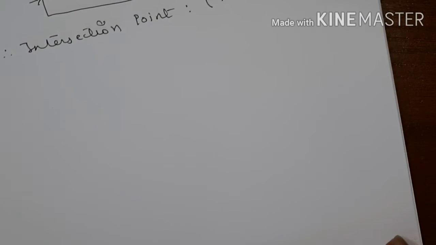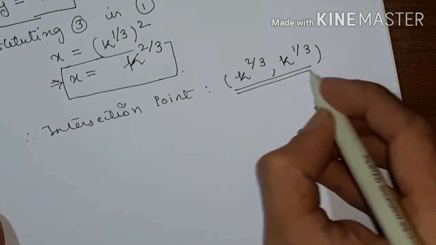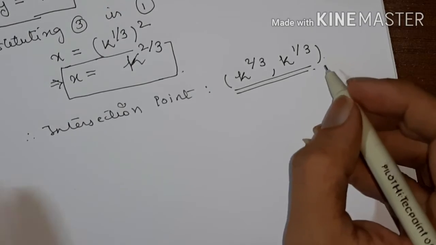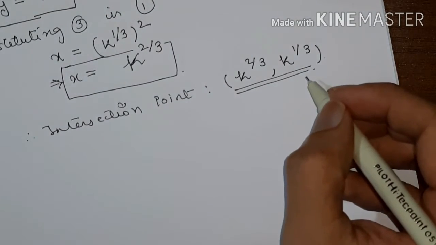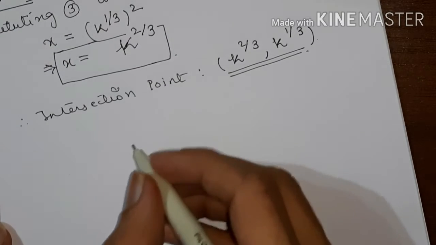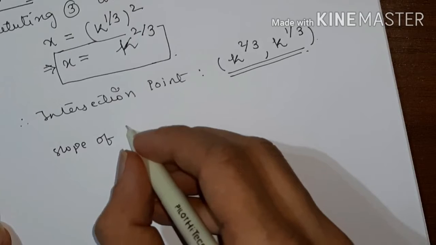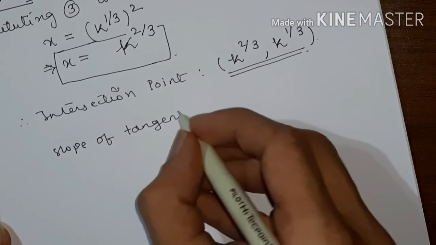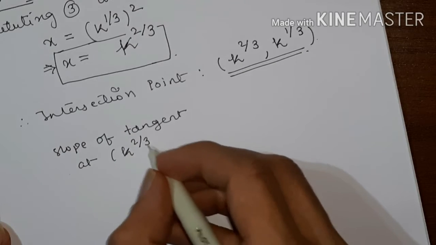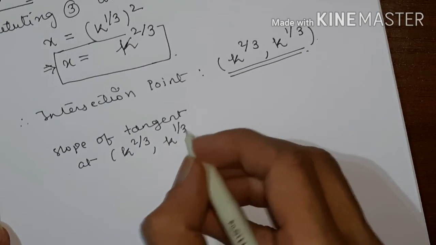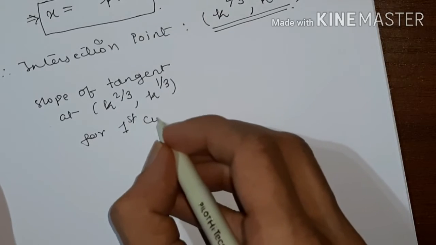That means the slopes of the tangents at this point to the two curves are perpendicular to each other, right? So slope of tangent at k raised to 2 by 3 comma k raised to 1 by 3 for the first curve,